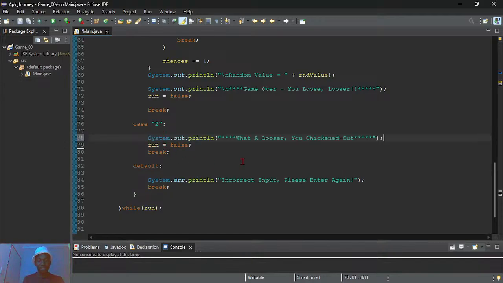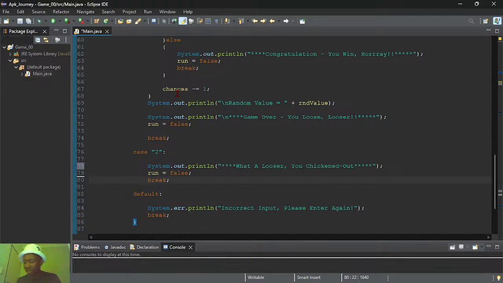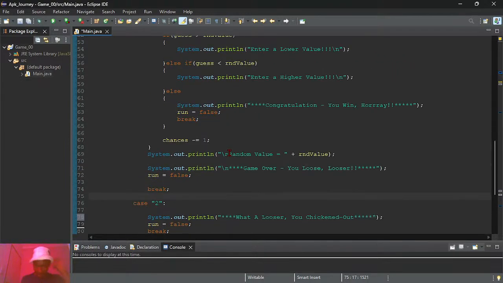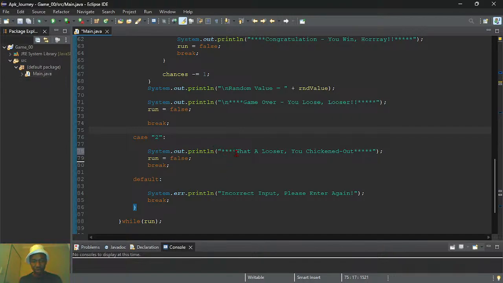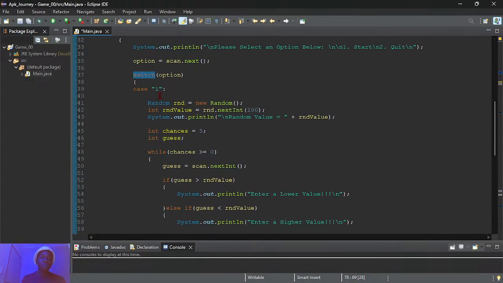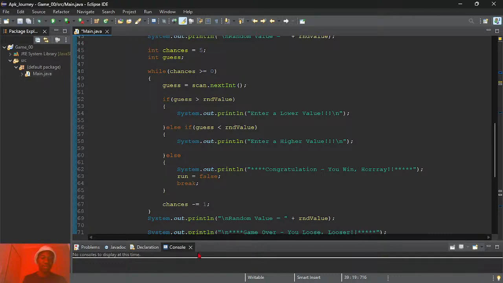Logically it makes sense for it to come first, then make this false, and then break. So when the user enters 2, the 2 is supposed to break the program, the game, and then this message will be outputted to the console. And if the user enters 1, then everything here is supposed to happen.